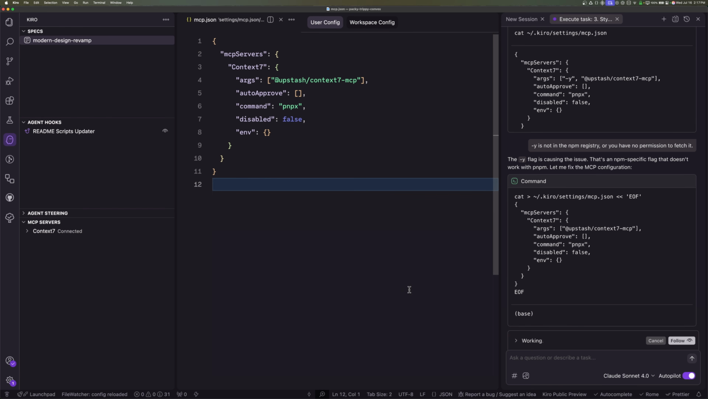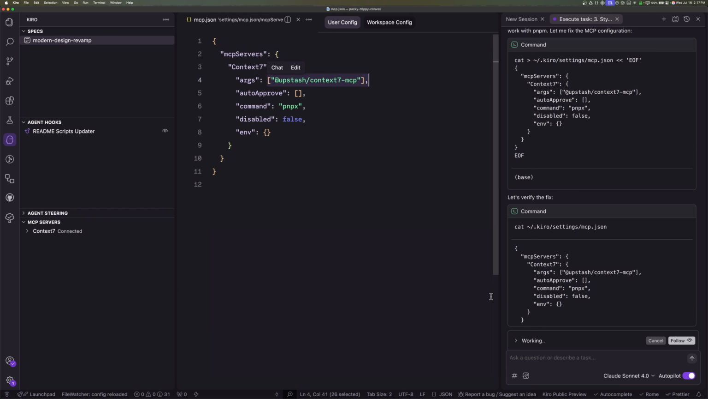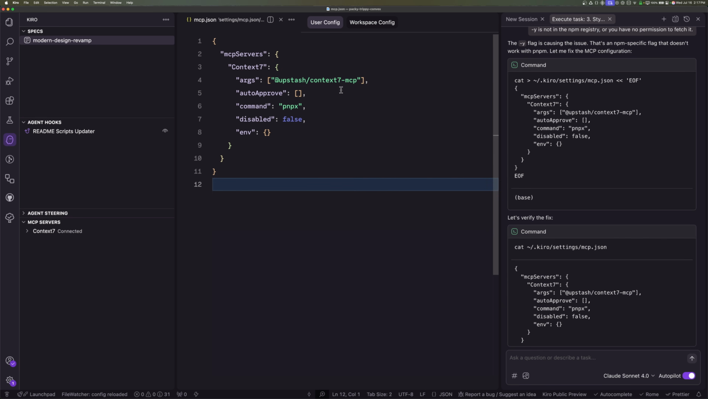I told it that I was using PNPM. It updated my tech docs, so now everything knows that I'm using PNPM. It updated the command to be PNPX, and then I was getting another error because the Y flag was not something that was valid with PNPX. Either way, it removed that flag, and now Context 7 is here,